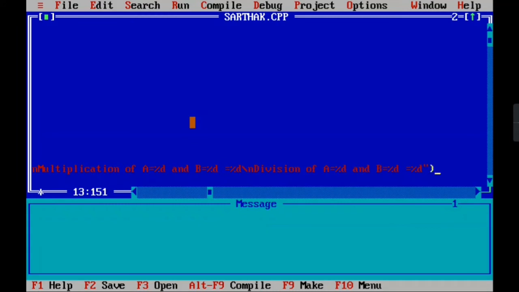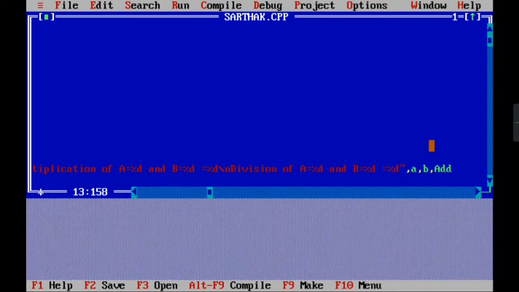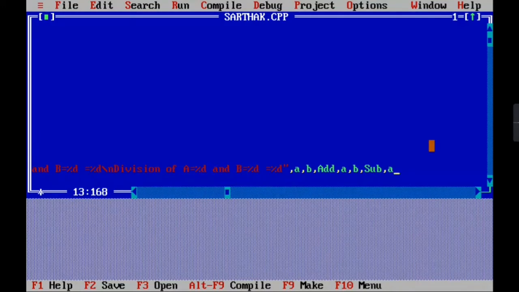Now we must not make one mistake. We have to write the values: the sum of A and B is equal to addition, which we wrote as ADD. Subtraction of A and B is equal to SUB. Multiplication of A and B is equal to MULTI.